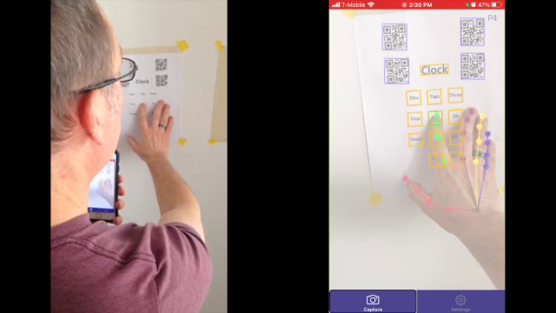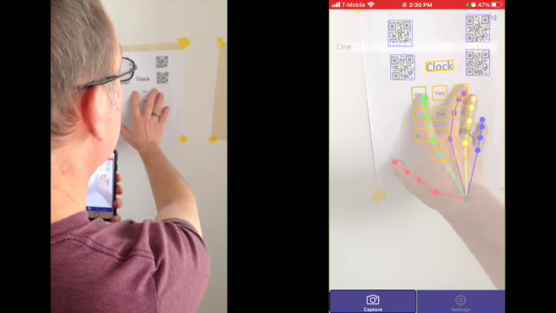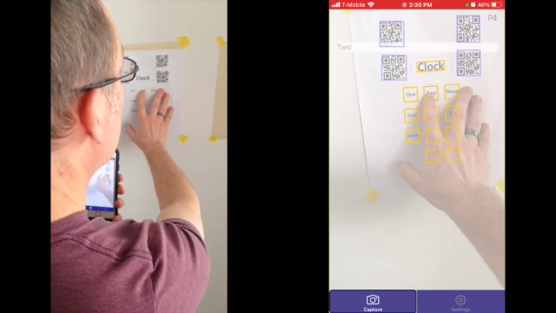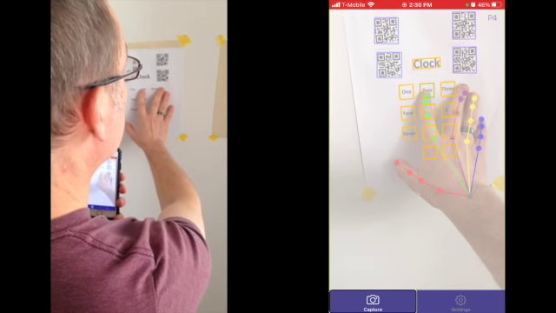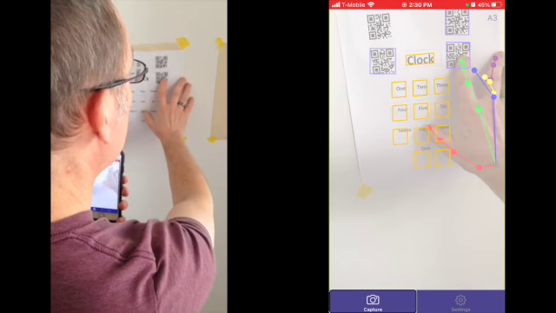So that we can hear Point and Speak announce what is under the tip of my index finger. If I hold the tip of my index finger motionless on some text, the text will be announced repeatedly at intervals of 2 seconds. If I move the tip of my index finger over a QR code,